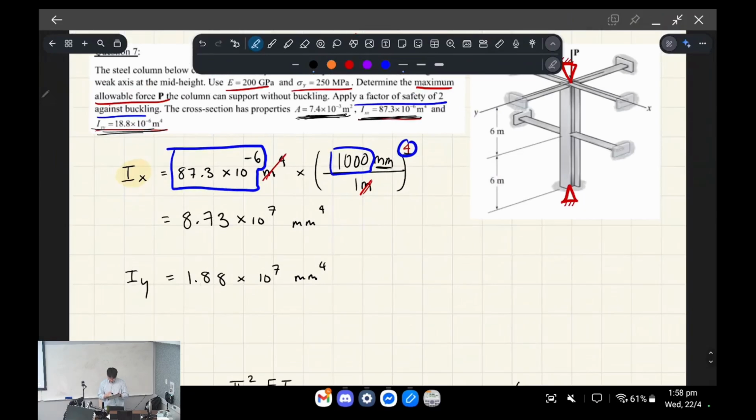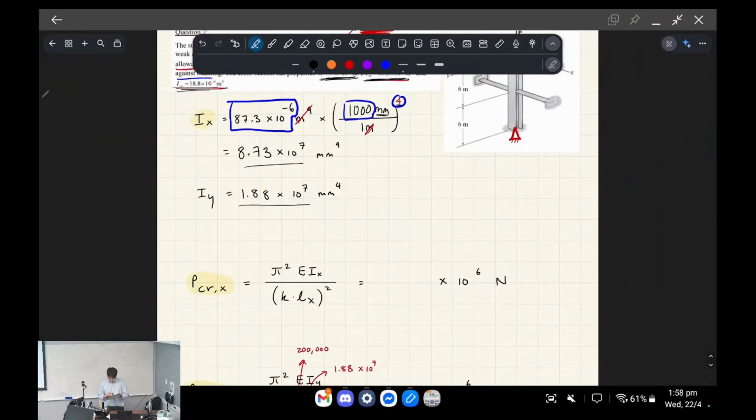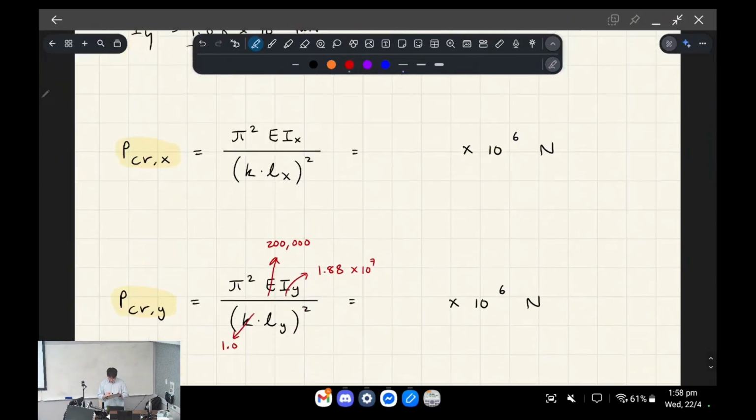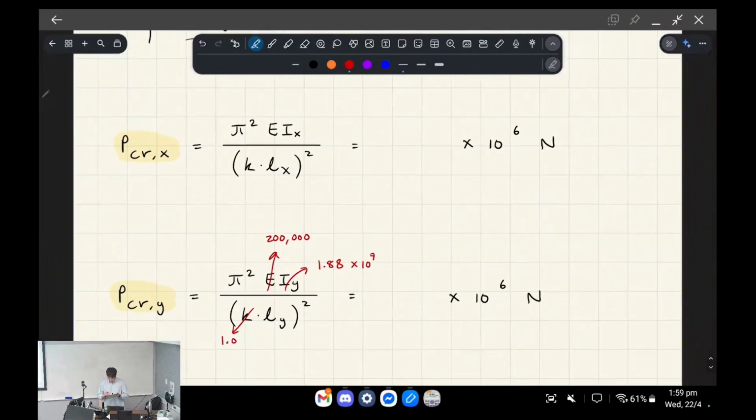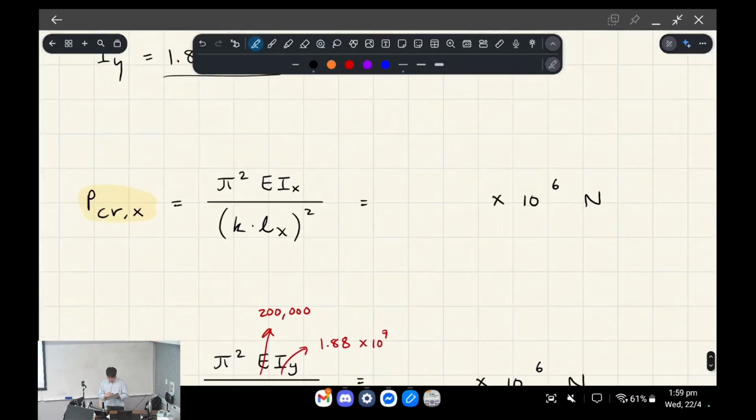IY value. So that was the IX value at the top. This is the IY value. Okay, what we're gonna do is because, right, in the XX direction, we've got the longer buckling arc of 12 meters. And then in the YY direction, sorry, we have this S shape, right? So our length is only 6 meters. We have to check both, right? So we have to figure out which one's the more critical buckling, more critical value of force, which is going to reach buckling first, okay?